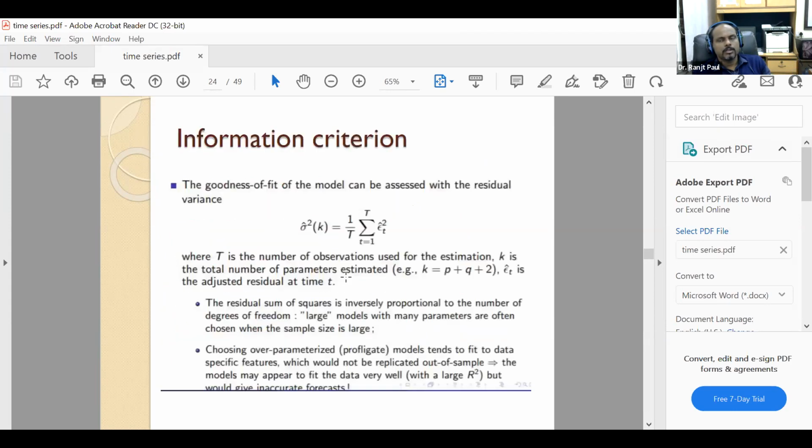Nonlinear least squares is used, and we have different criteria for selecting the model. Just like in a regression setup, if we have say 10 regressor variables and one response variable, we may find several regression models. One may contain only one regressor, another model may contain two regressors, and so on. So several regression models can come out, and we choose the best regression model based on R square and adjusted R square. Similar to that, in a time series setup,